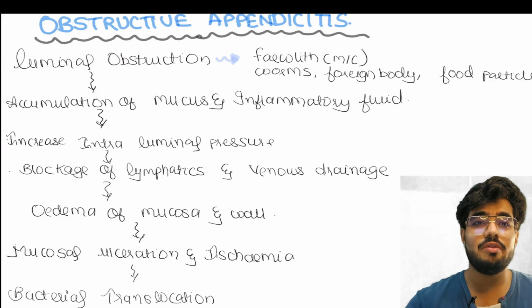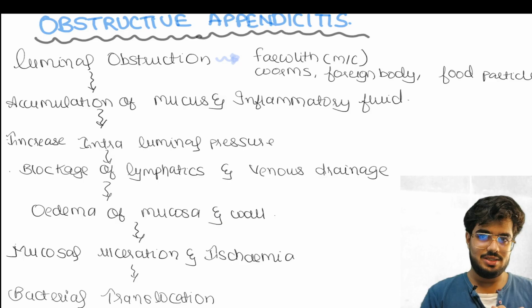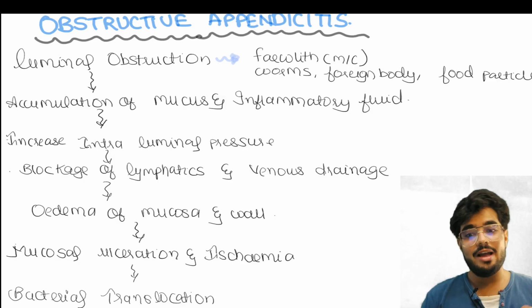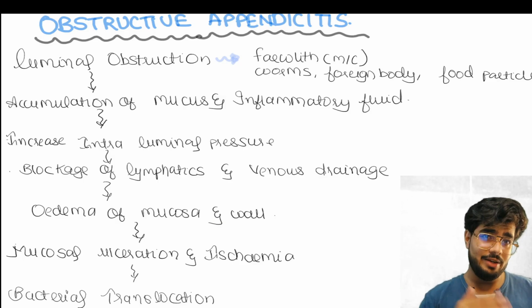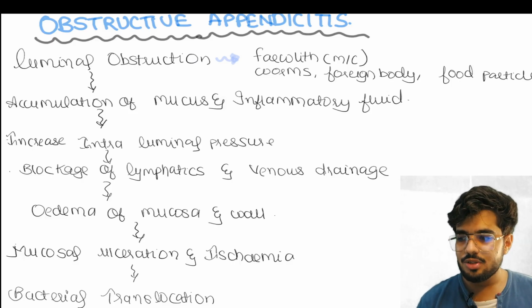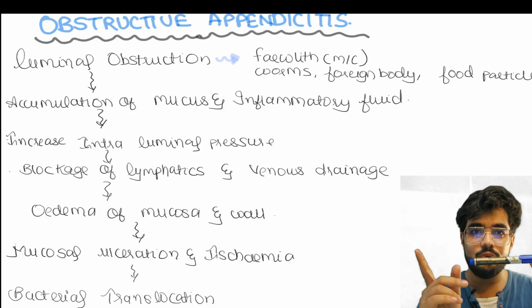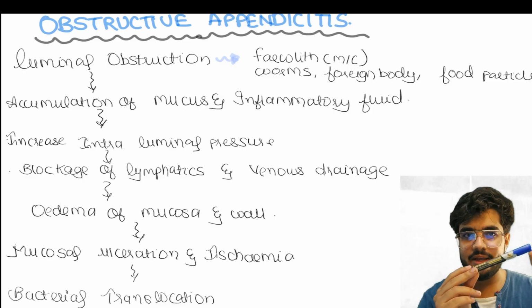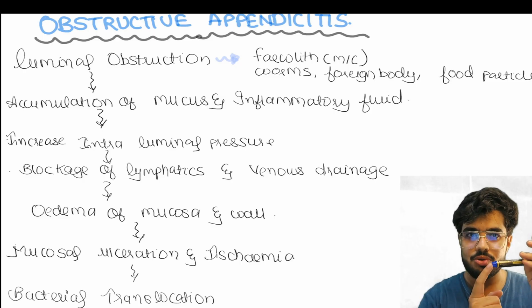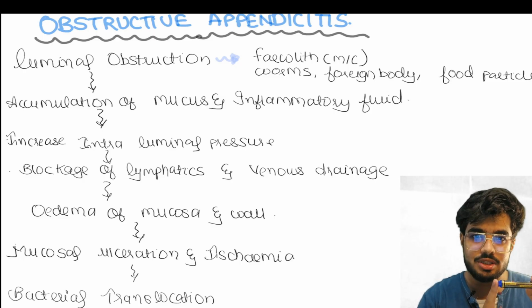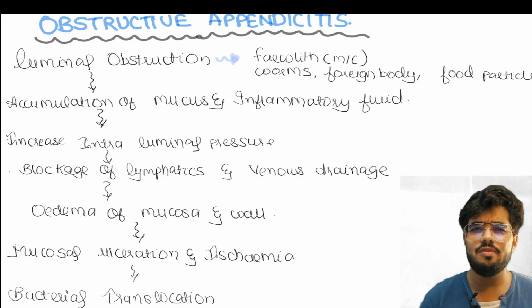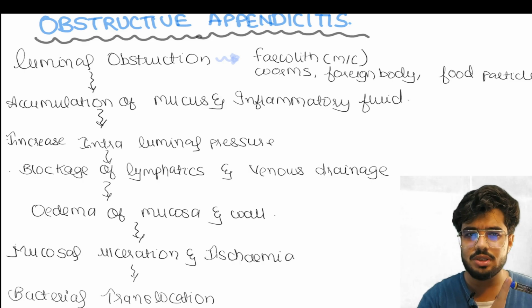Now we are coming to our main topic, obstructive appendicitis. होता क्या है इसमें? How obstructive appendicitis leads to peritonitis, हम इसमें देखने वाले. So if this is appendix, इसका lumen block हो चुका है. This is blind ended. एक side block हो चुका है. If there is luminal blockage from any reason, fecalith, worms, foreign body, food particle, from XYZ any reason, if there is obstruction,